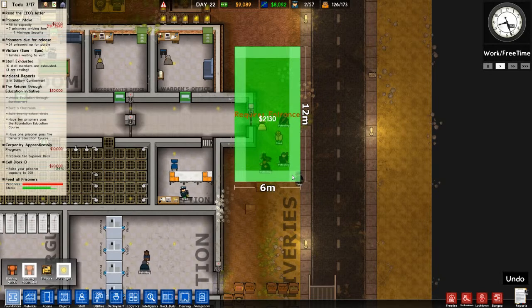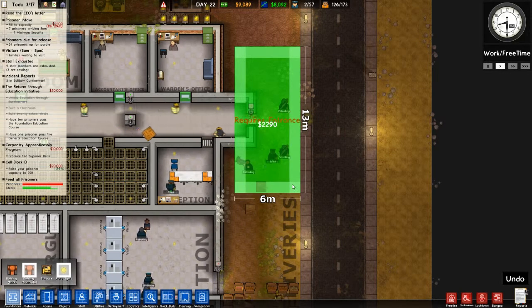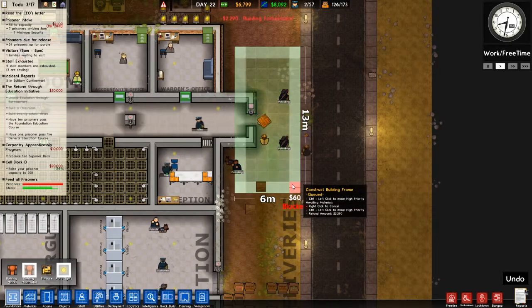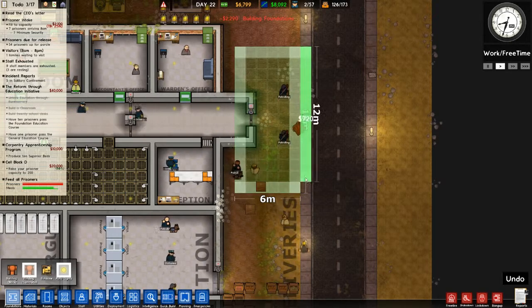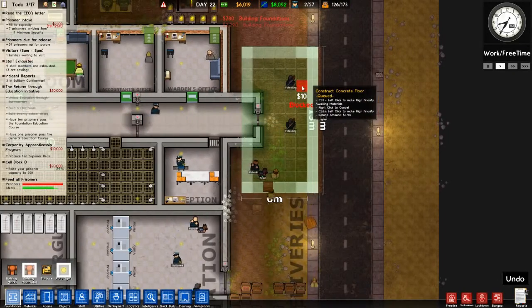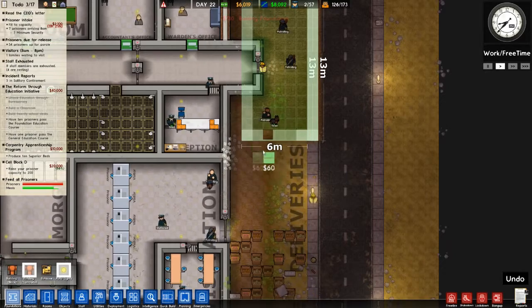I think that's even. 1, 2, 3, 4. 1, 2. No, it's not. Okay, right. Whatever, we'll go for that. And we'll actually just add one more. Make it slightly wider. And what I'm going to do is I am going to have a kind of little